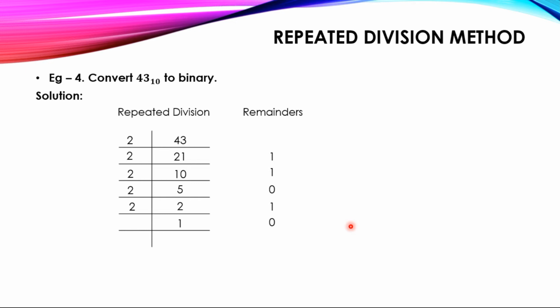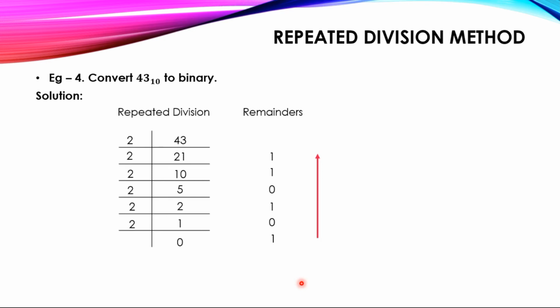Now I have to divide the number until it is 0. So again I am going to divide 1 by 2. That is, 2 into 0 will give the answer 0 and 1 minus 0 will give the remainder 1. Okay, so these are your remainders. You have to remember these remainders and you are going to write them from below to up.